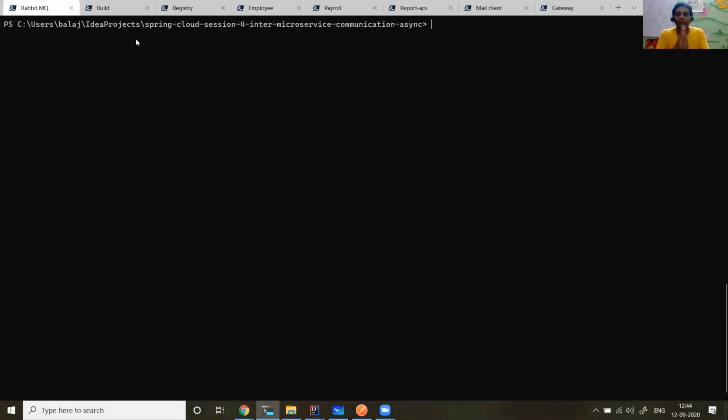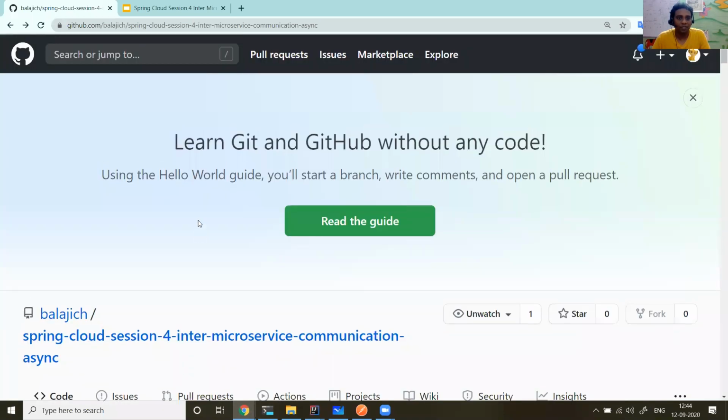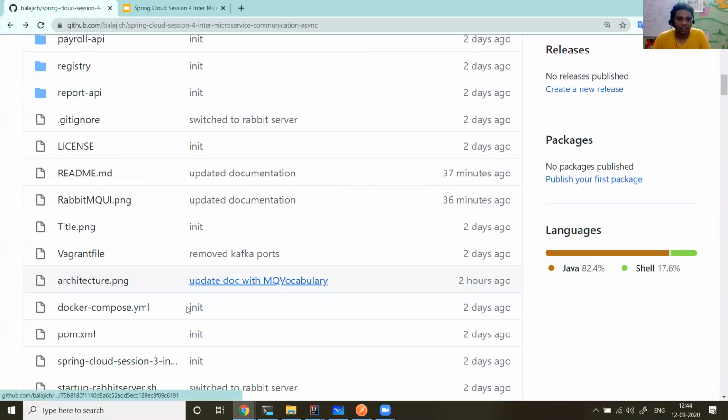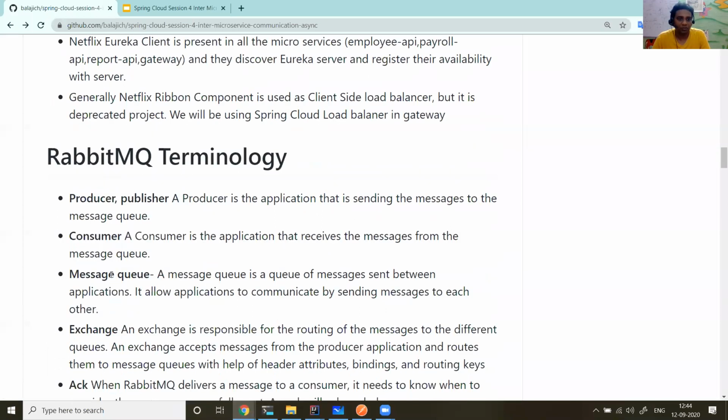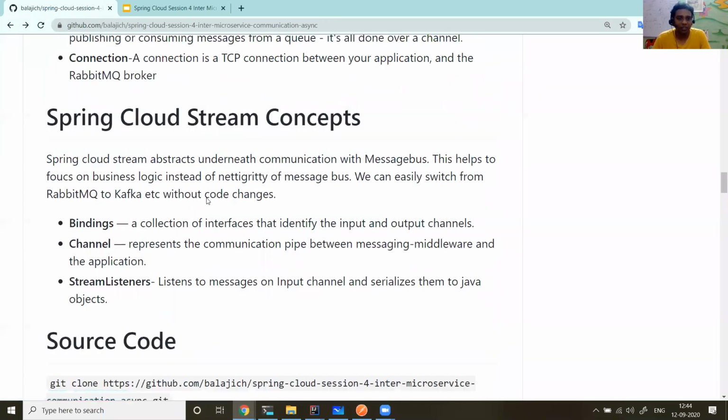Right. So this entire session is there in a GitHub repository, well documented within my limits. So you can just clone this. If you see the GitHub repo, it has all the documentation, how to bring up the terminology and stuff, source code, everything. You just clone the repo, and I just clone to this location. I use Vagrant to start and stop the virtual machine. So I will say Vagrant up,